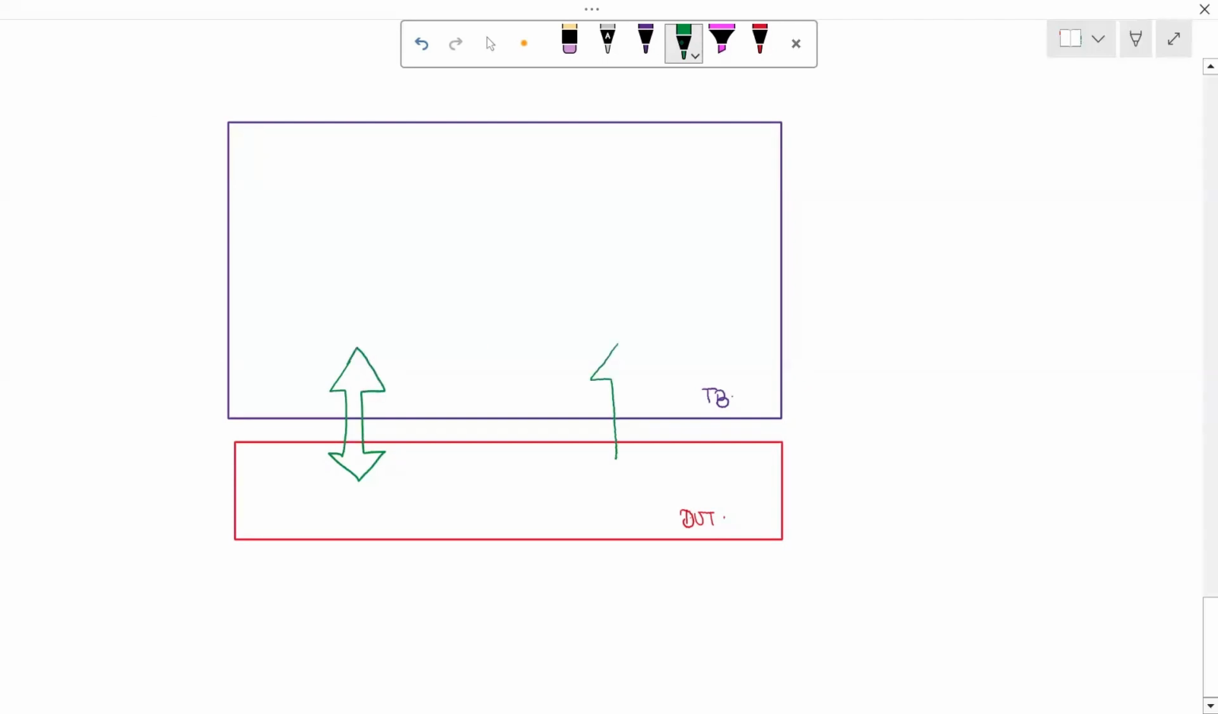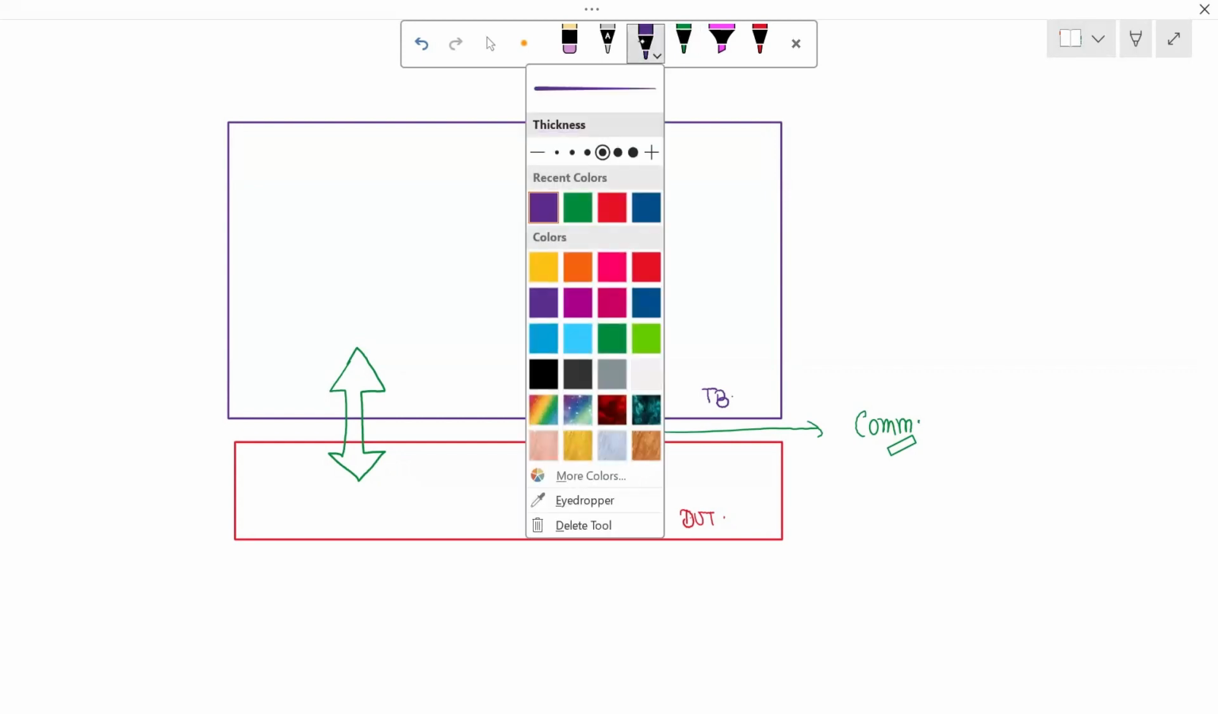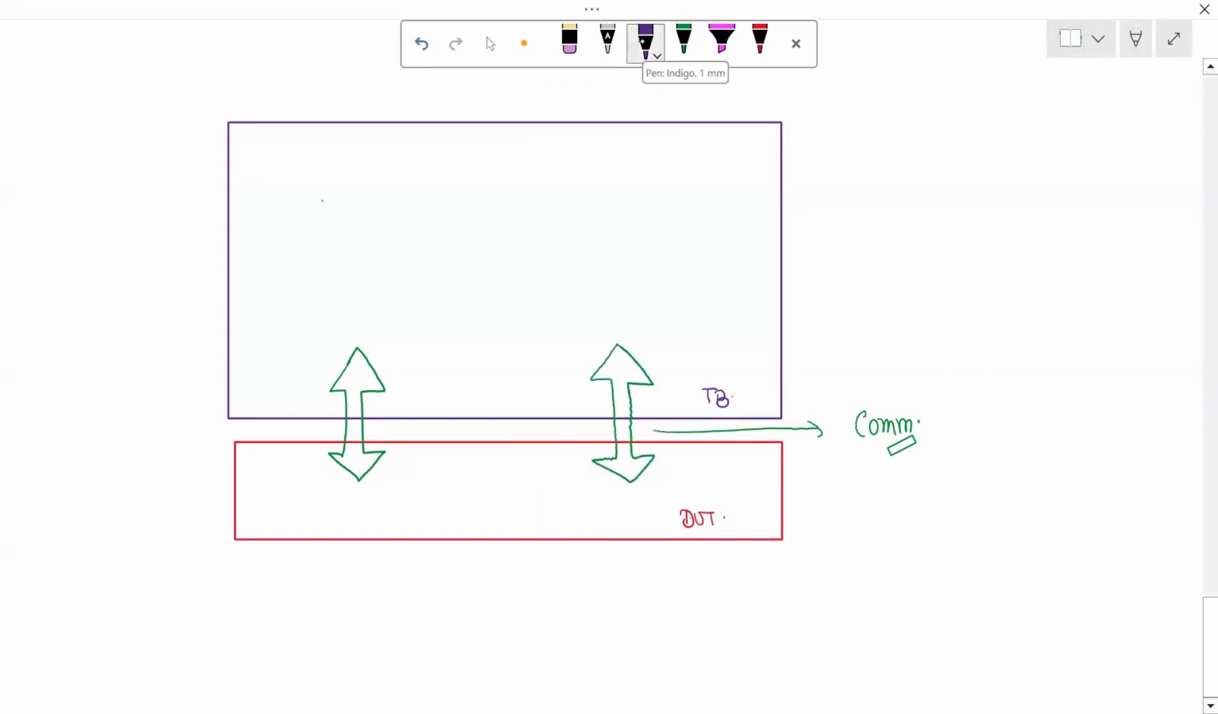This is the interface between our TB and DUT. That means it will do communication between TB and DUT. Now what happens in this? We will make sure we have the components, and their names are, first we have a